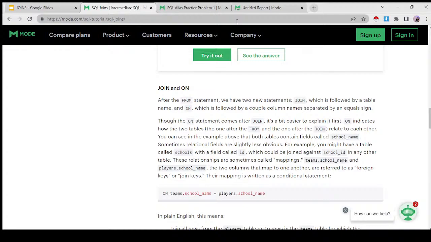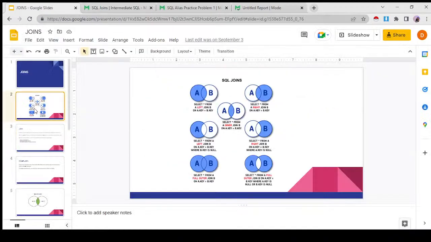If you specify inner, we have a very beautiful Venn diagram here. Inner will only give you the common part, which is wherever the conditions match. Wherever the conditions don't match, that part would be removed. So you'll only get the blue part here where both of the tables A and B overlap.